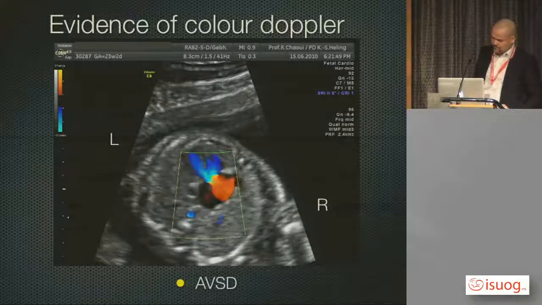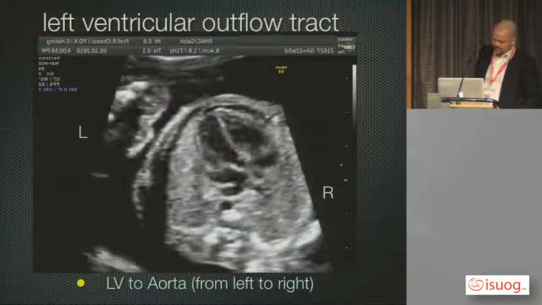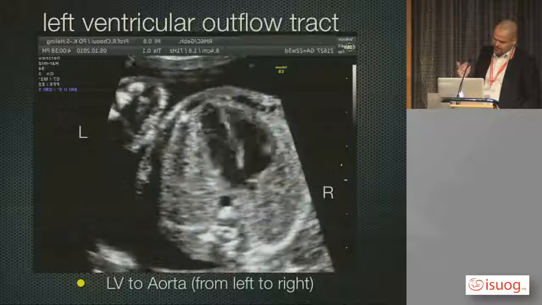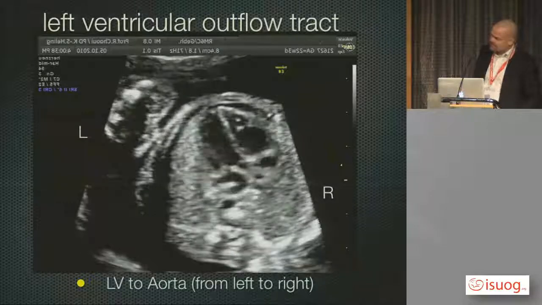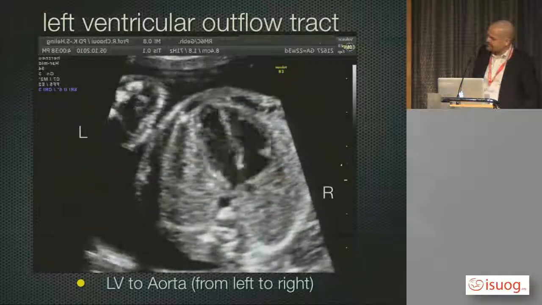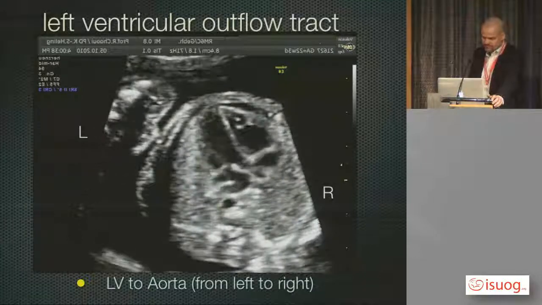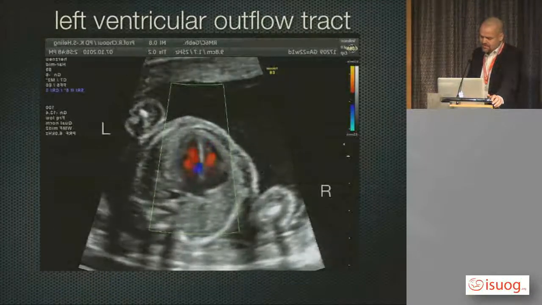From the four-chamber view, we go to the outflow tracts, and first is the left ventricular outflow tract. Keep in mind the aorta is coming from the left ventricle and going to the right, and you see the continuity between the ventricle and the aorta. It's in the B mode, and the next is using color Doppler,